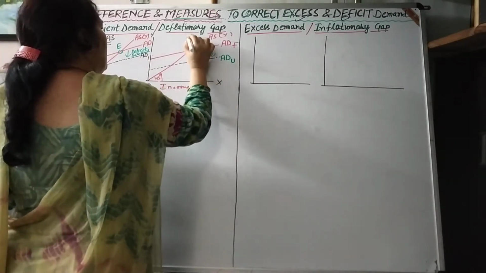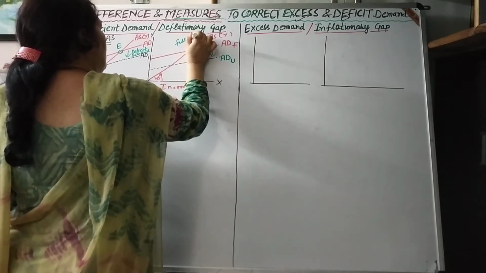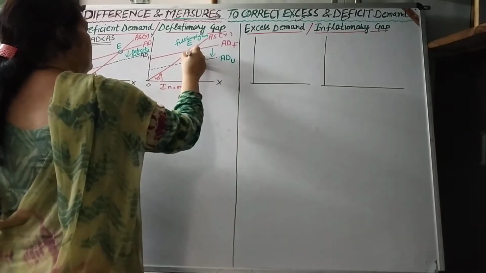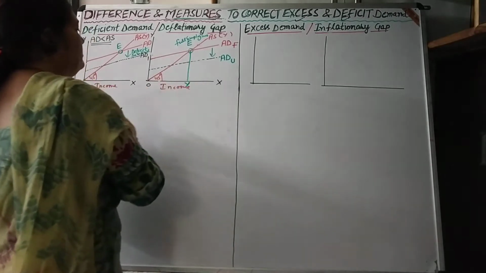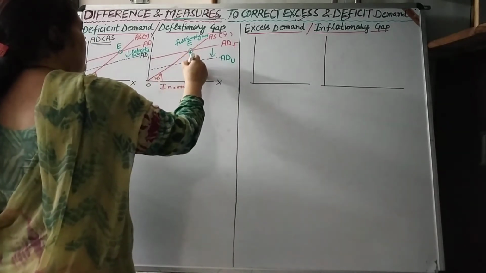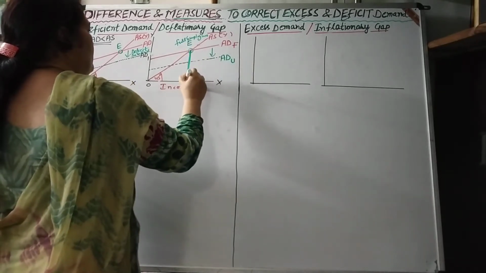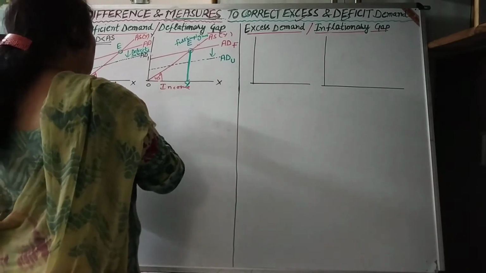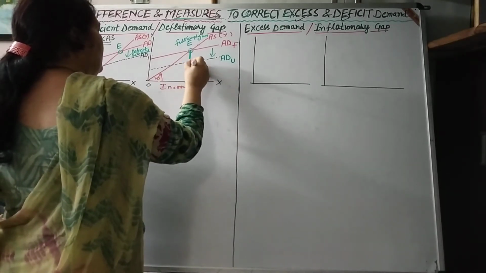This is full employment level, E, full employment. This is OY, level of income. So EY is required demand for full employment, and actual demand, that is FY,